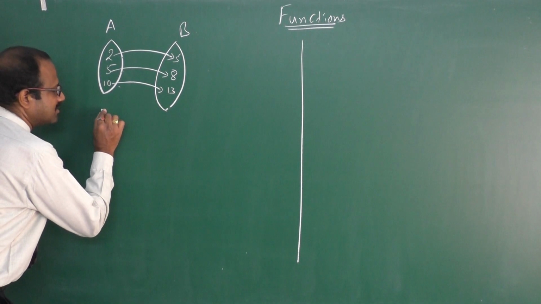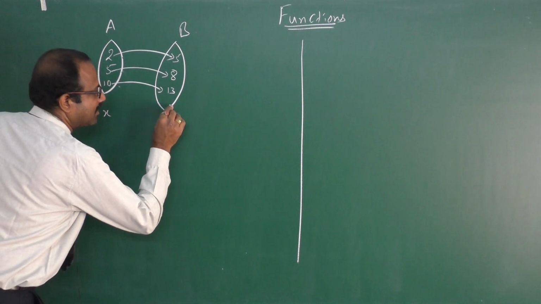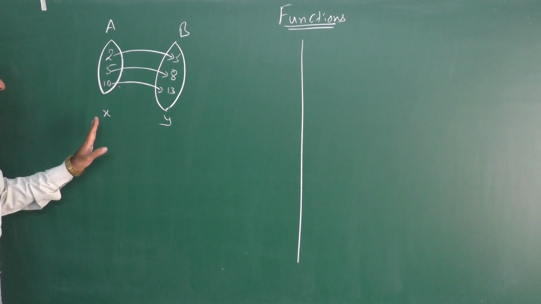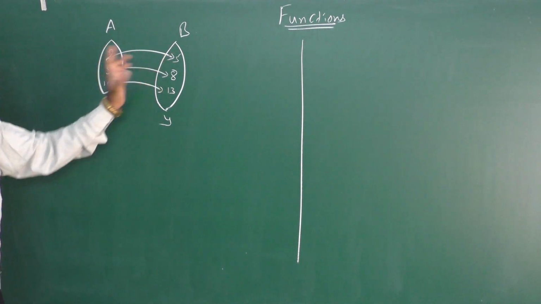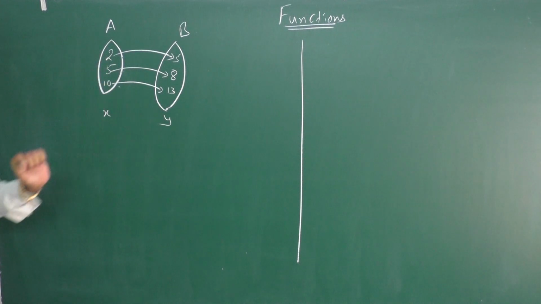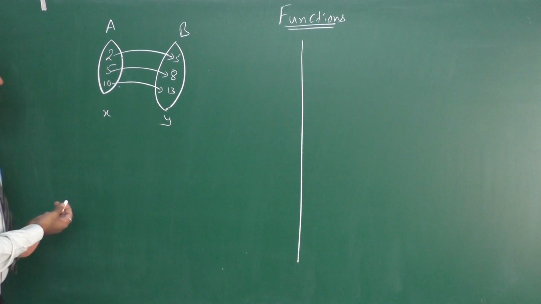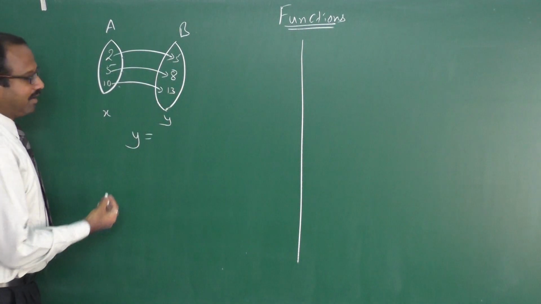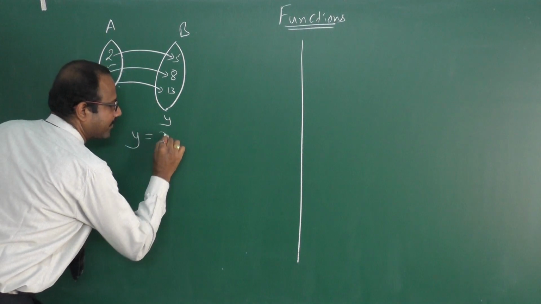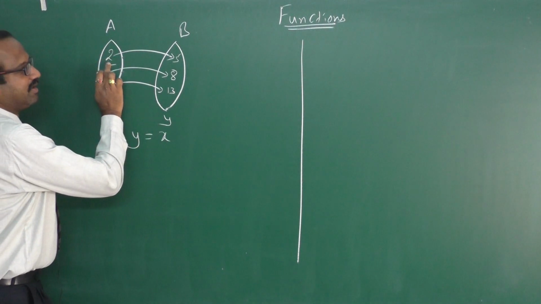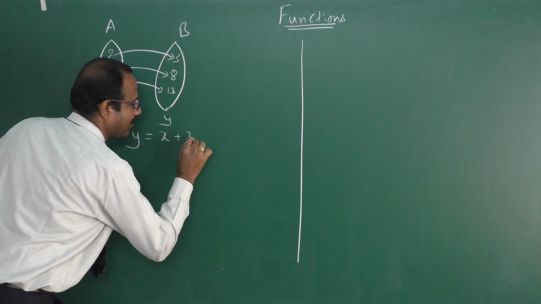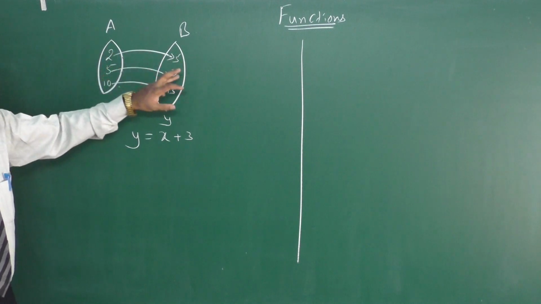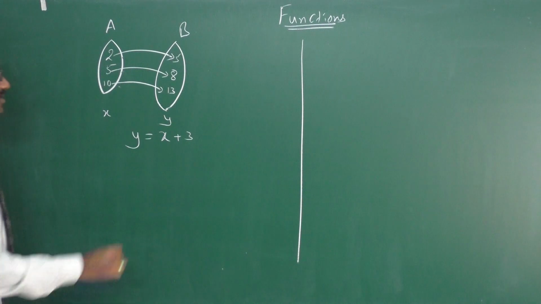Let me represent this one as X, and this as Y. You can observe that there is some relation between X and Y when I'm mapping them. Can you identify the relation? Yes, I can say that all the Y values are mapped in such a way that to these X values, if I add 3, I'm getting the corresponding Y values. So this is a relation